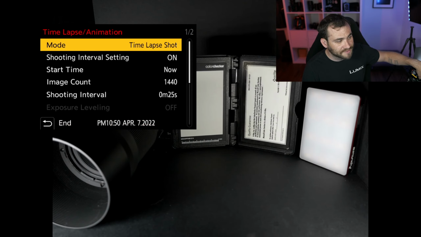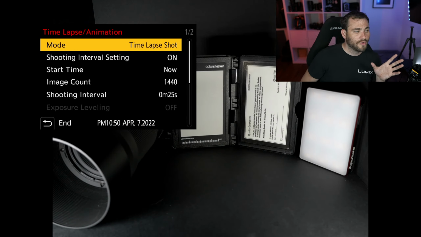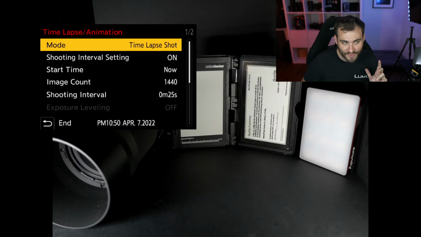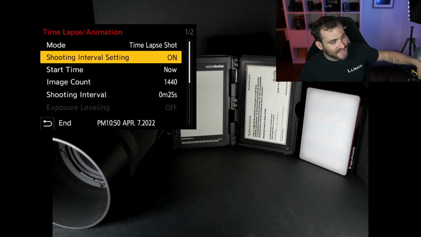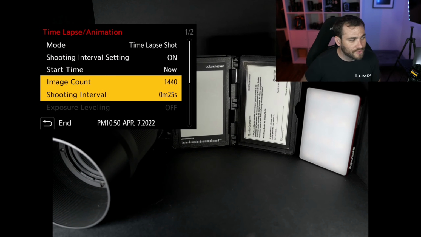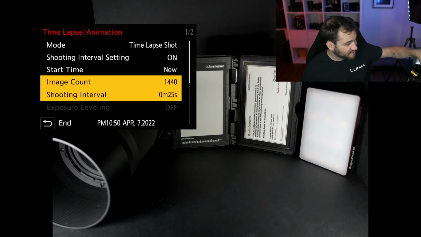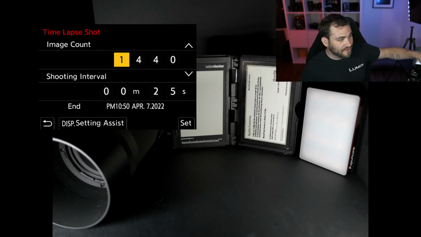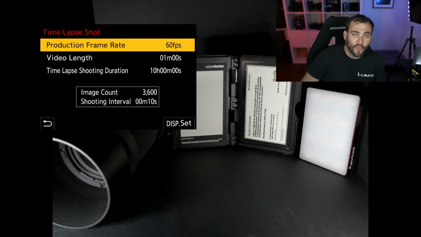So in this case, time-lapse and animation. Now, a little known thing that I'm willing to bet maybe 2 people on this stream may have known about is that when you go to image count and shooting interval on the GH6, you have the ability to click menu and then click display. What this added in the GH6 is an actual calculator internally